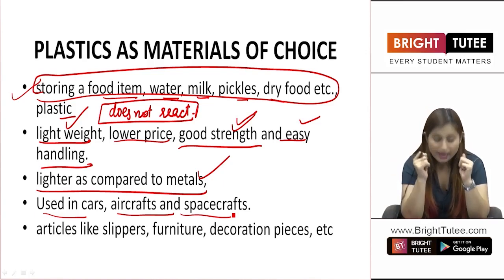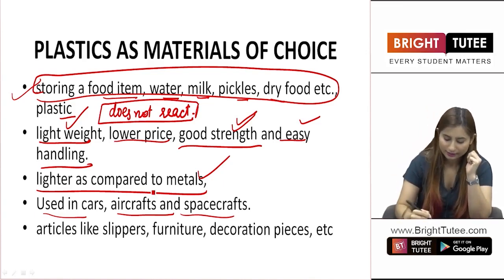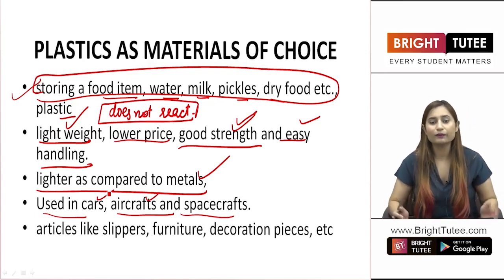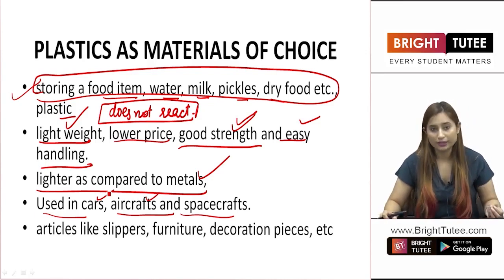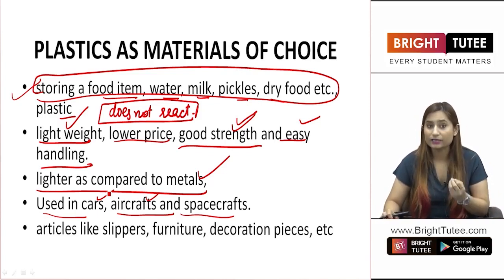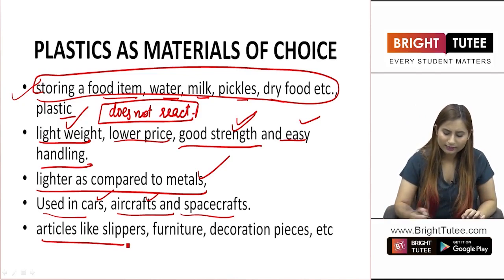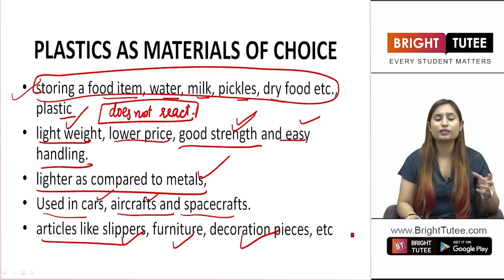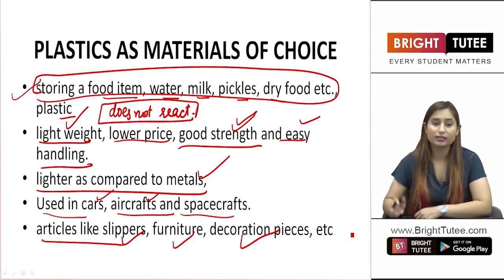So plastic has a very good use in aircrafts and cars to make them lightweight, right? And because they have good strength, there is no loss of strength. It gives us good strength and it gives us lightweight objects as well, right? Now articles like slippers, furniture, decoration pieces, we have numerous uses of plastics because of these qualities, which are that